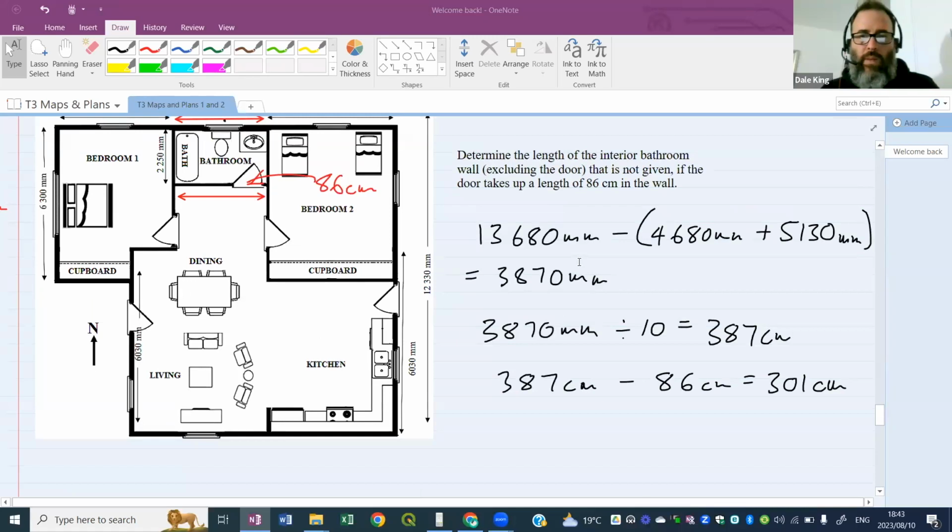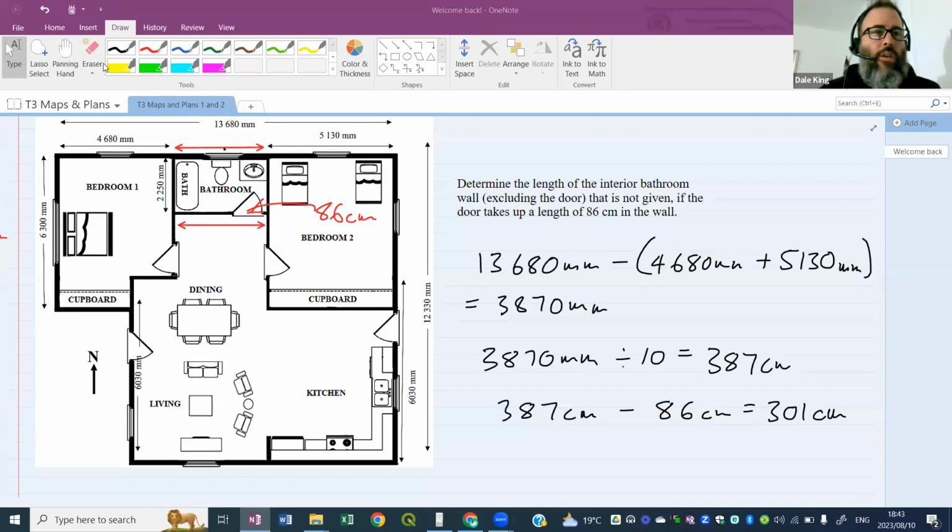So how do we get 301? I'm going to walk through this one more time. We needed to find the dimension of this bathroom, the wall here at the bottom, which is pretty much the same as the dimension at the top, but we don't want the door. So we need to get the depth of this red piece. We took the whole house's length, which is 13,680. We took away the 4,680 and the 5,130. That left us with